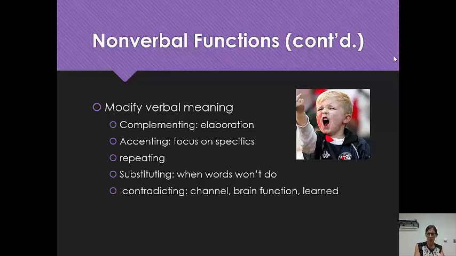Sometimes we have things that contradict that happen. I feel like this is like rub your tummy and pat your head, right? That's really hard for most of us to do because there's a brain channel contradiction that's happening here. I think it's happened to me a few times where I've said, there are 3 things I want you to know, and I put up 2 instead of 3. That's just a contradiction that happens.